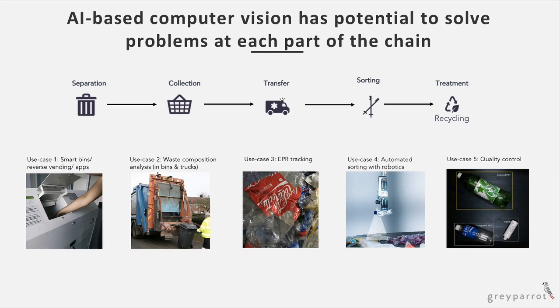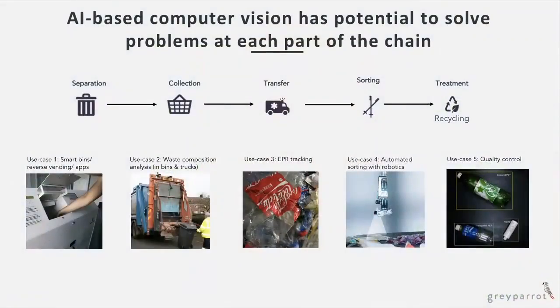AI-based computer vision has the potential to solve problems at each part of the value chain, and this is what we're focusing on. So starting with smart bins and reverse vending machines, where technology can identify the waste and decide if it's contaminated or not and make better decisions, to waste monitoring and analysis in trucks and bins to be able to give more insights to the waste management industry and the waste producers so they can have analytics and also know how to educate people better on how to sort their waste, and all the way to the industrial